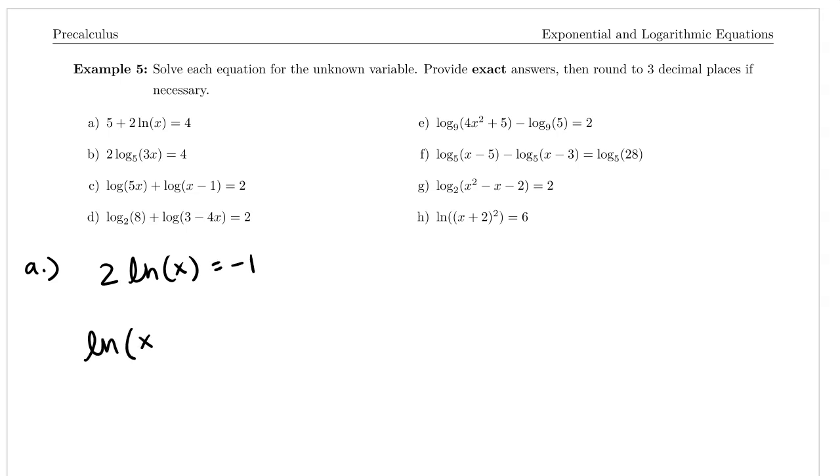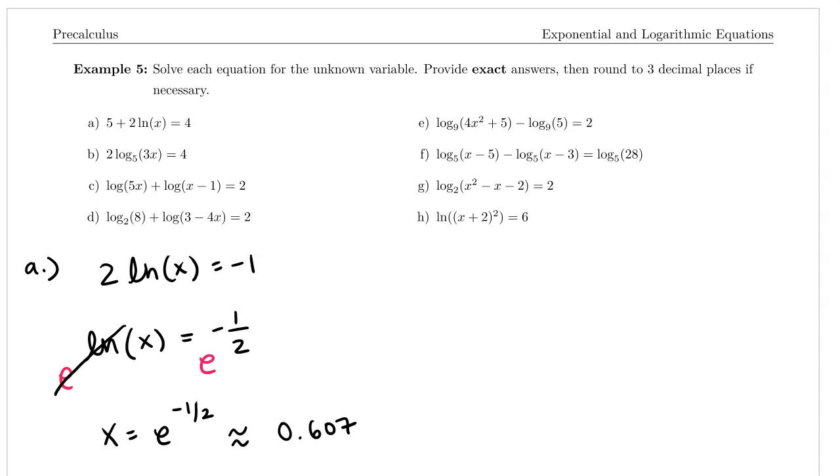Then if we divide both sides by 2, we get the natural log of x is equal to -1/2. From here, I can e both sides, and that's going to get rid of that. So we get x is equal to e to the -1/2 power, and that is our answer for part A, which is approximately